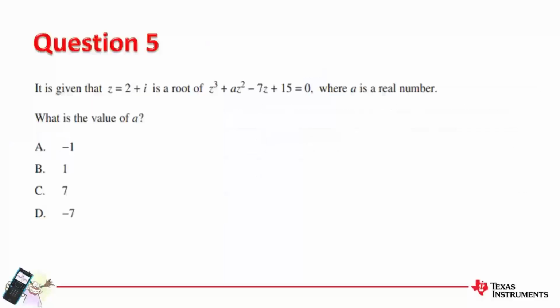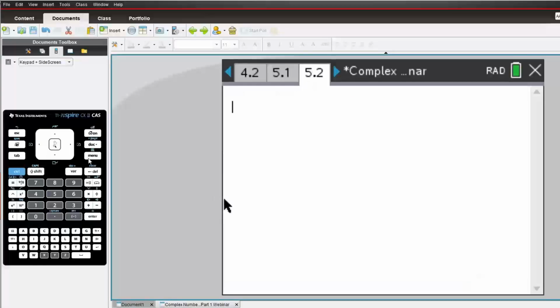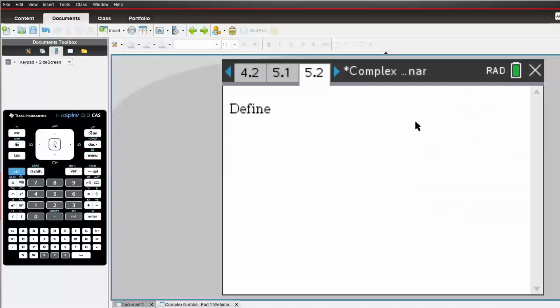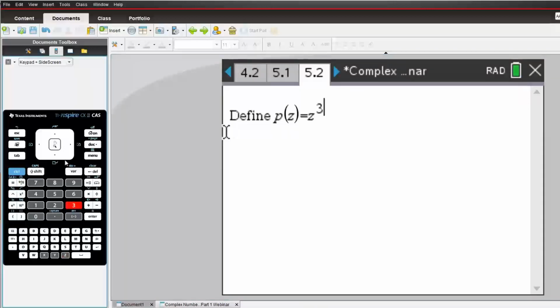Another typical question is that we are given a polynomial. This time it's a cubic, and there is one pronumeral there, and we wish to find the value of a. So let's get another calculator screen, and this time I will define this polynomial by going Menu, Actions, Define. That's another way of defining, and I will say p(z) equals, and the polynomial here is z cubed